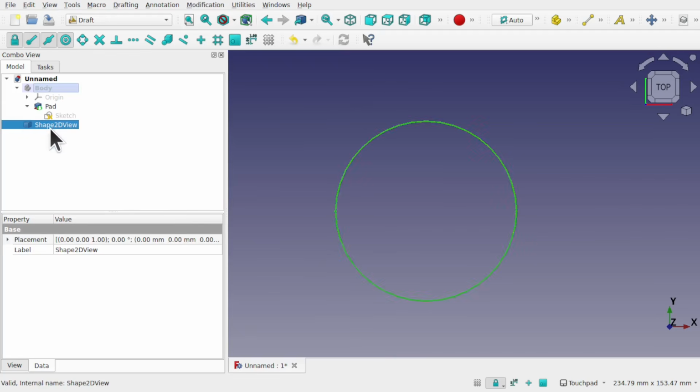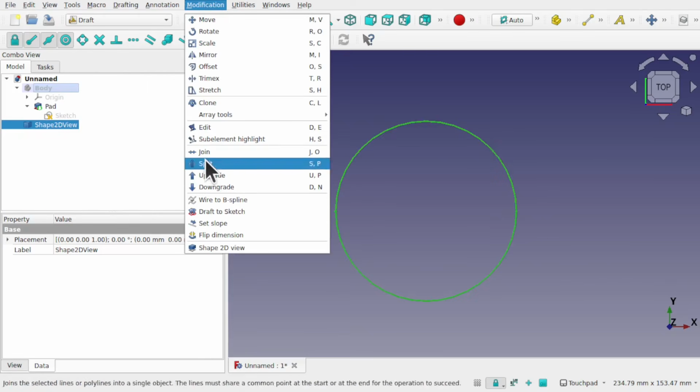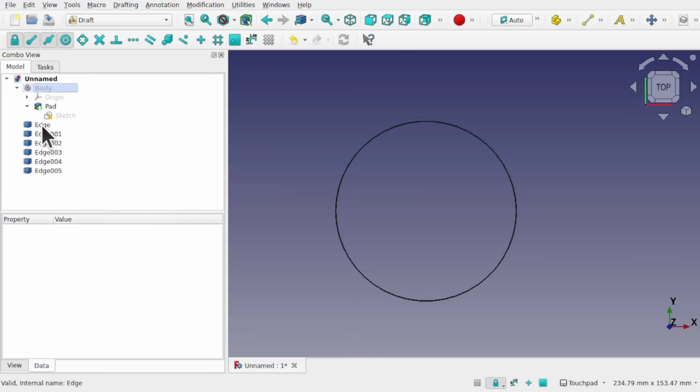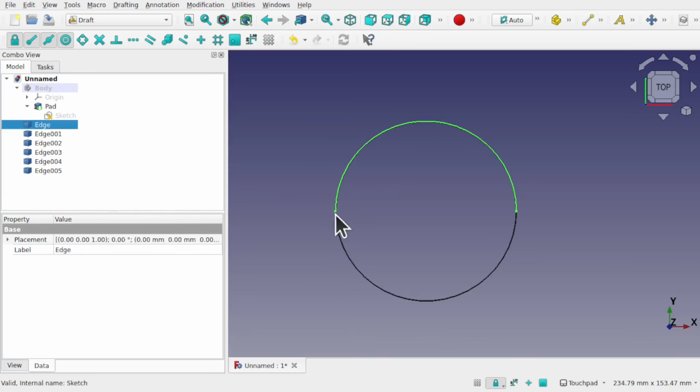It has now downgraded, but it hasn't split. So let's come up to modifications and downgrade once again. And now we get all of the edges. So we've got edges now. If I click, I can see this edge,